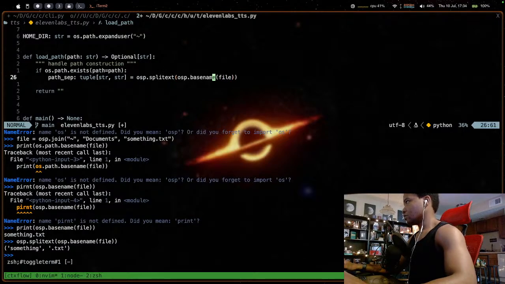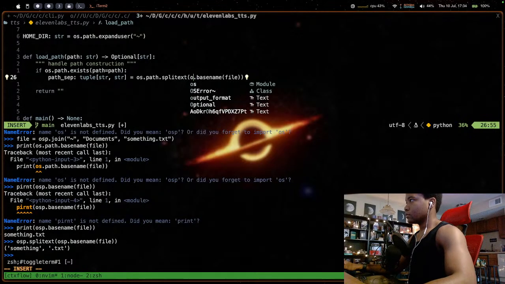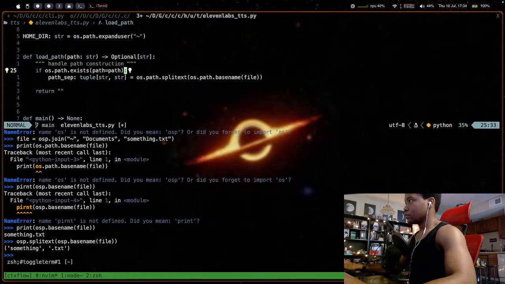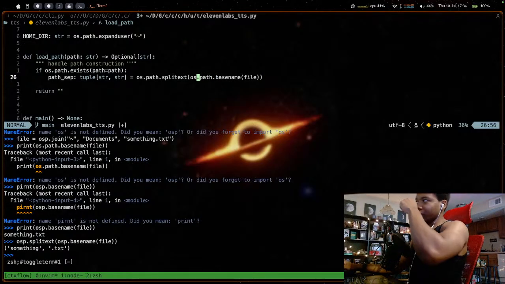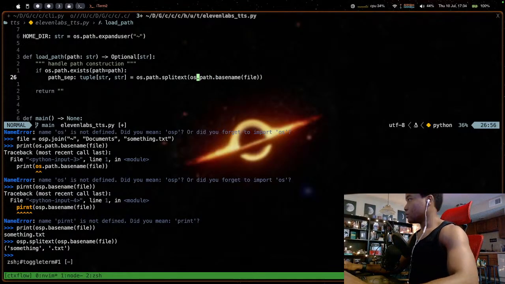Okay, so we'll have to change this. Oh, but no, that handles it, because basename will be the CSV or the potential CSV, right? So we're fine, and then we split text, and that'll be what we want.